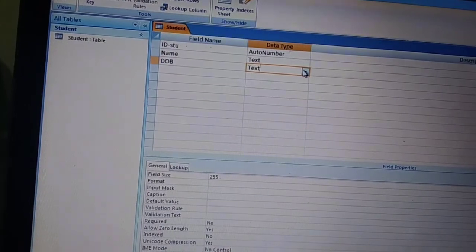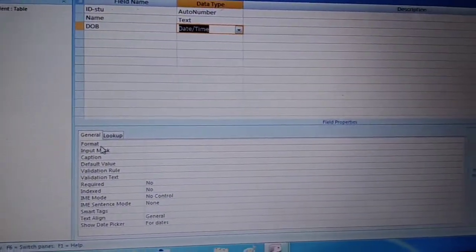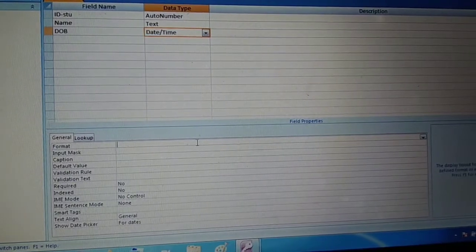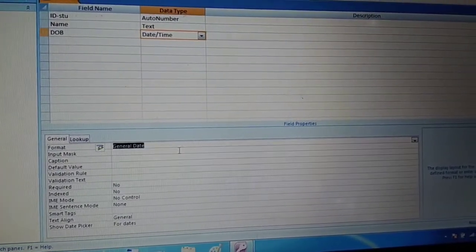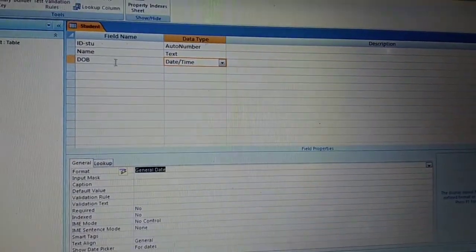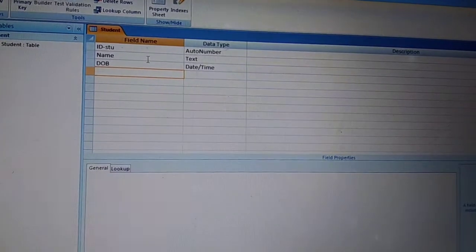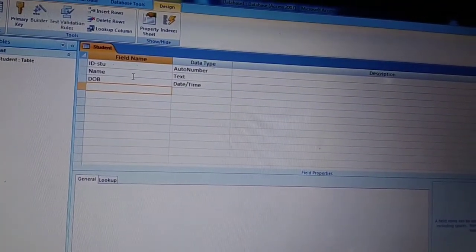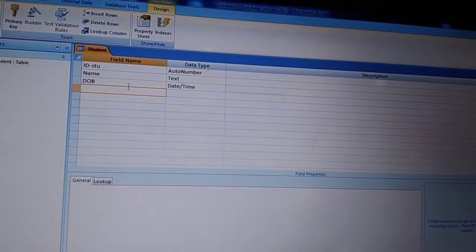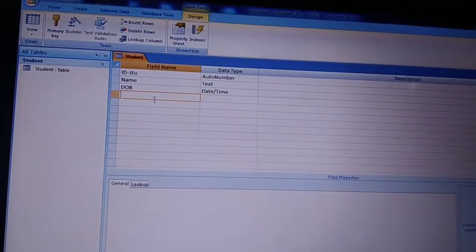Now here you can take the data type as date and time. Now here you can check the format. Inside the format you can select any one. Suppose that I am selecting the first one, general date. I think the data was already filled in the first video, that is why it was not getting selected. Here the data has not been filled, that is why the options are getting selected.